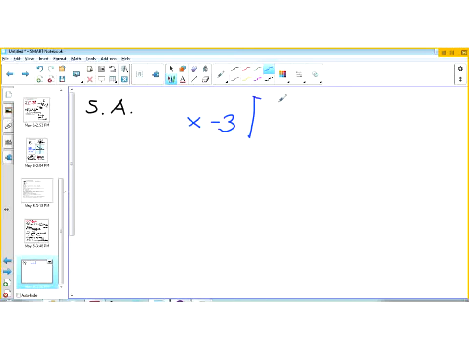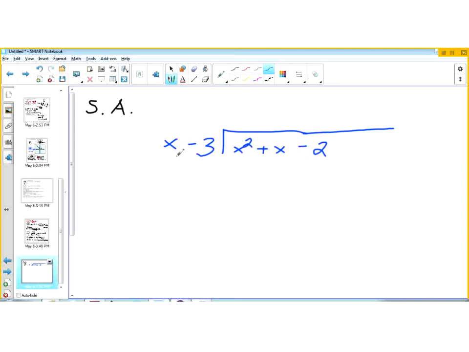So we will divide x minus 3 into the numerator. Oops, I need more space. Let me erase this. Need more space. x minus 3 into the numerator, which is x squared plus x